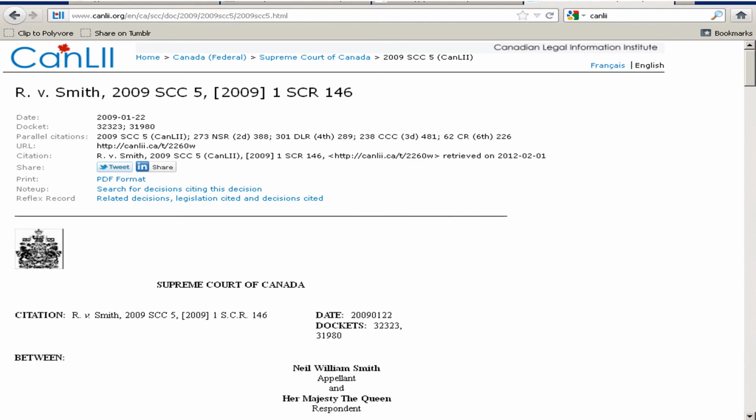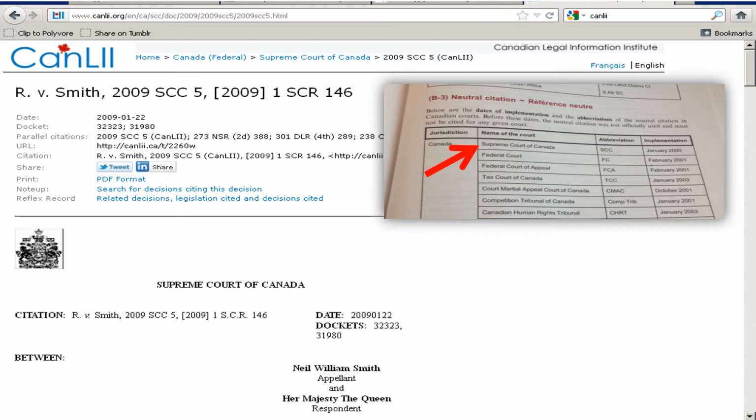Let's examine what this looks like in practice. Here is an example of a case found in the CanLII database, R versus Smith. Remember from part 1 of this tutorial, there are some ways to determine whether a case has a neutral citation. Appendix B3 of the McGill Guide has a list of all Canadian tribunals and the dates of implementation for neutral